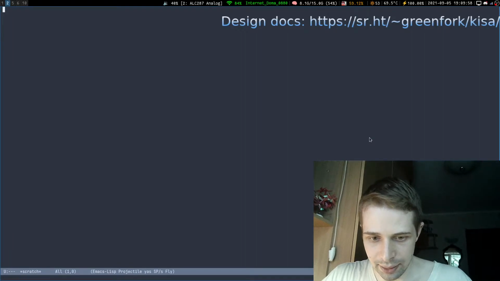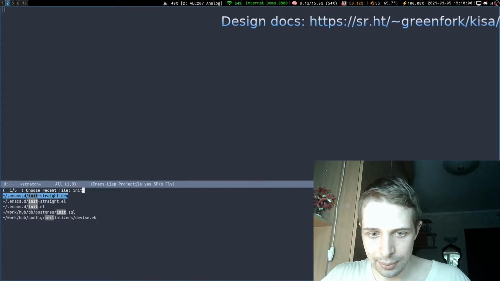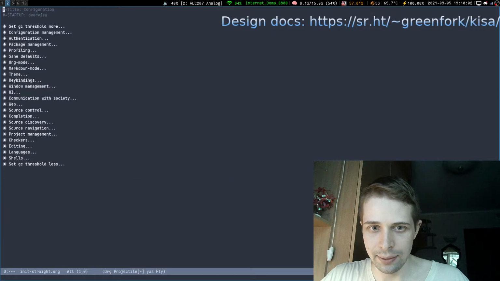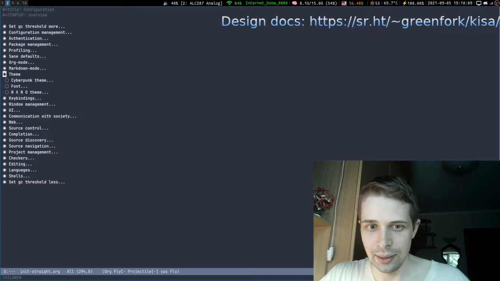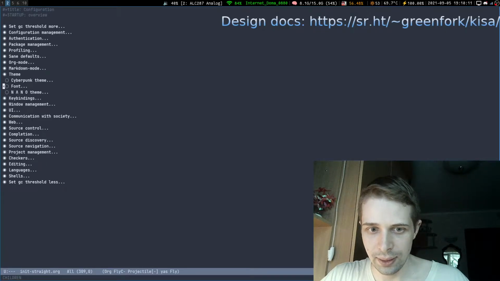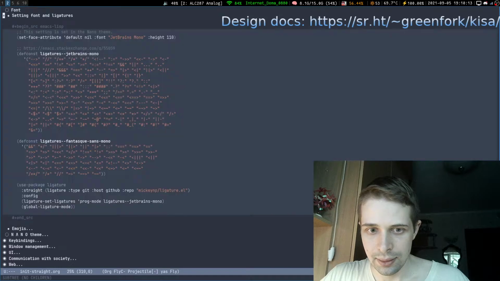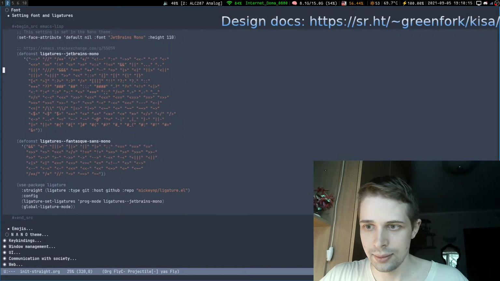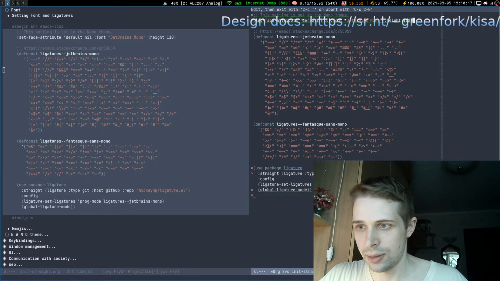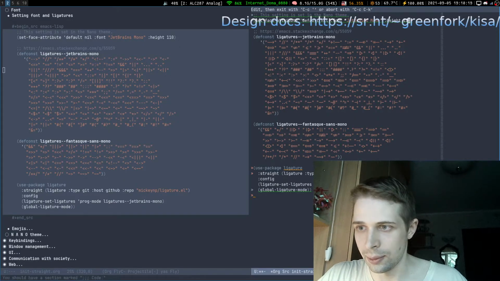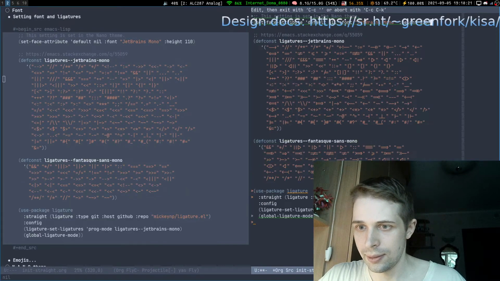And while I'm at it, let's make the font a little bit bigger so we have an easier time looking at it. In theme, here. I recently switched to JetBrains Mono, so far it looks very great. Yeah, is that visible?